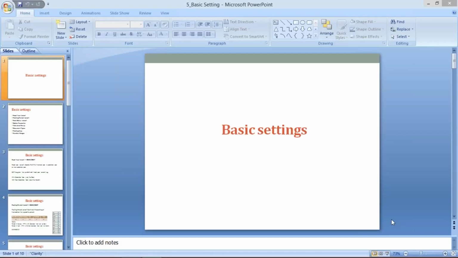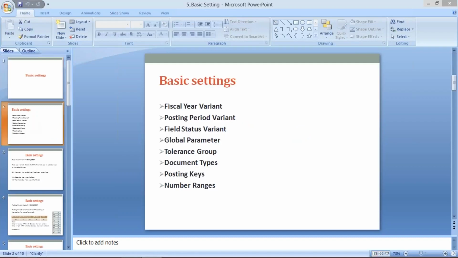Okay guys, so in today's session we are going to start basic settings. Basic settings means there are lots of settings which are mandatory, which we have to do. These are the configurations itself, like fiscal year variant. So as I explained last time,